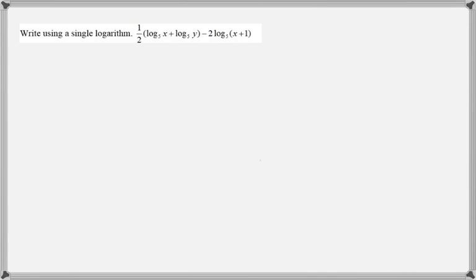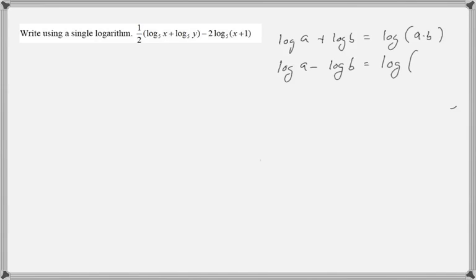To write this expression as a single logarithm, we're going to use three properties. One of the properties says that if you have a sum of logs, so for instance log of A plus log of B, that will turn into the log of a product. Log of the product of the arguments, A times B. If instead of a sum of logs you have a difference of logs, log of A minus the log of B, that will be the log of a quotient,